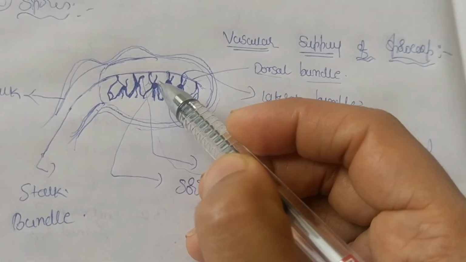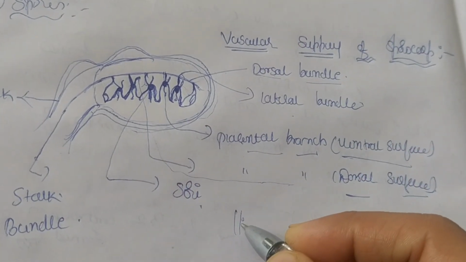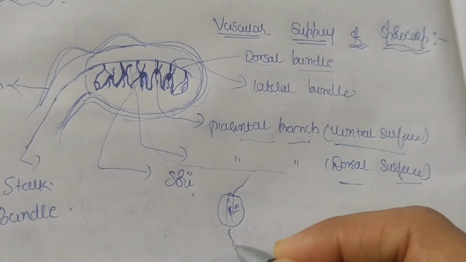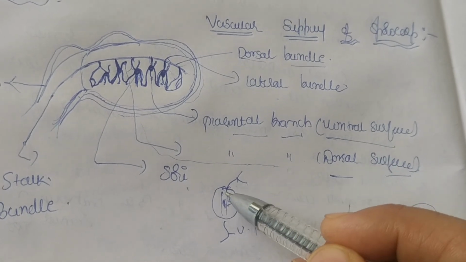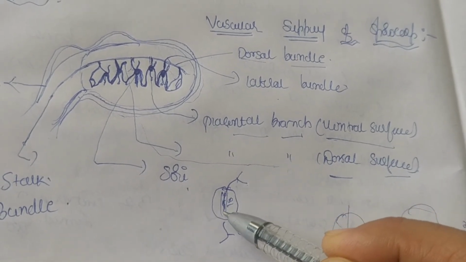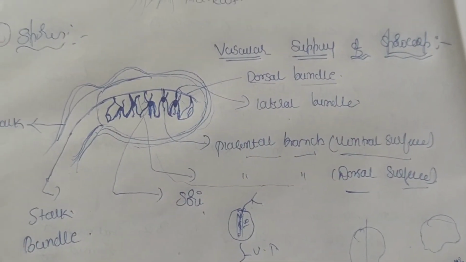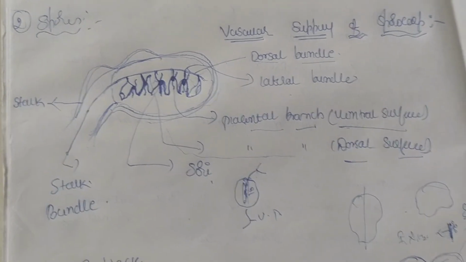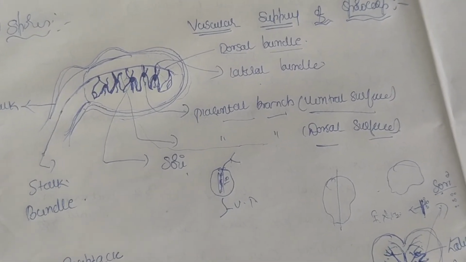These dorsal and ventral placental bundles, where will they supply the food and water? Here to the sori. Sori contain spores. Spores are attached to the receptacle. Likewise, this is a receptacle. This is present in the sorus. From the sorus, what arises is the dorsal as well as ventral placental bundle. They will be supplying here to the receptacle. They will be supplying food and all. So this is a complex network structure of vascular supply in case of sporocarp. It is very simple. Please go through this video again and check the things. Thank you.